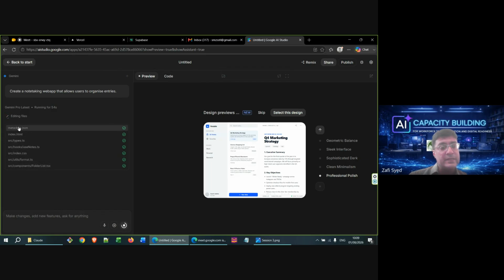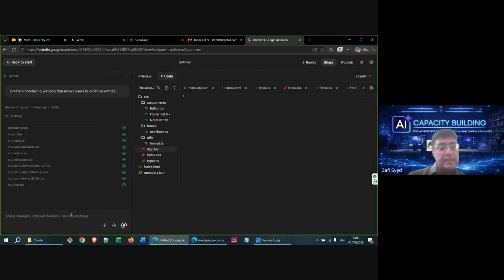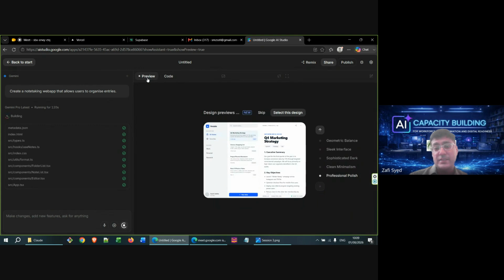Now, it's actually creating these files. If you want to see what it's adding, you can go to code and you'll find what it's been creating. Because at the end of the day, this is AI that generates these codes, you will find that the design always changes depending on your iteration. So for example, if I'm creating this web application now, and I were to use this exact prompt later on, it would be a slightly different outlook of the web application. But it's mostly okay because through prompts, we can guide the AI into generating the type of web app that we want.